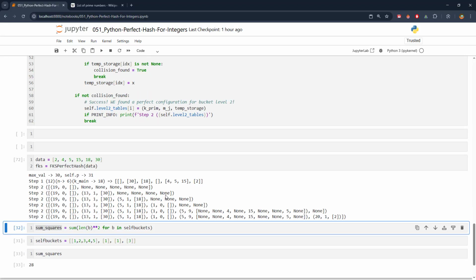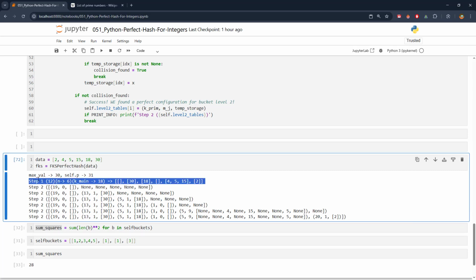Let's see. And this is what's happening. This is the interesting part. So for step 1, everything was perfect until we didn't put like 3 in the same bucket, but we were okay with it because the value was 12 and 6 by 3 is 18 and we are within 3 times. So step 2 here,